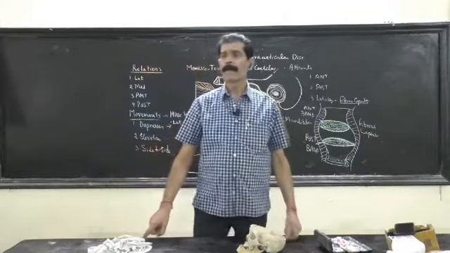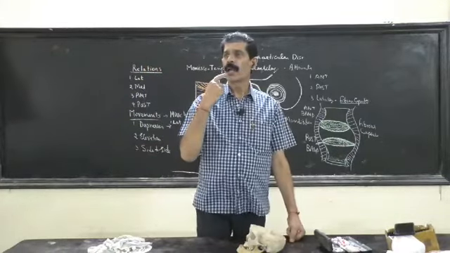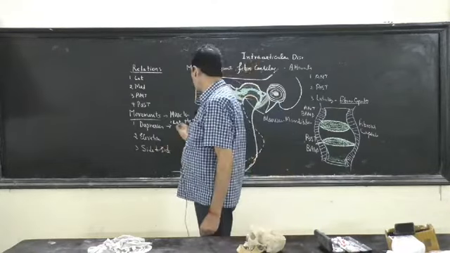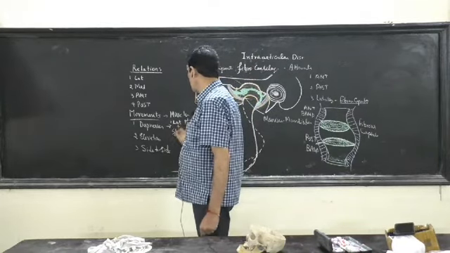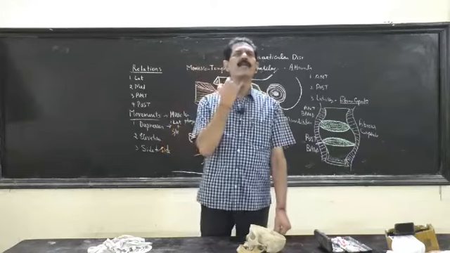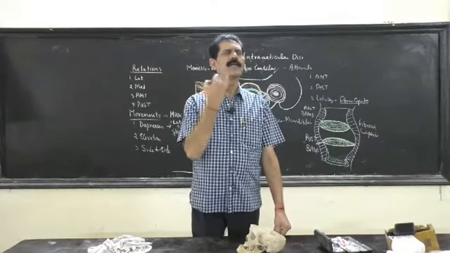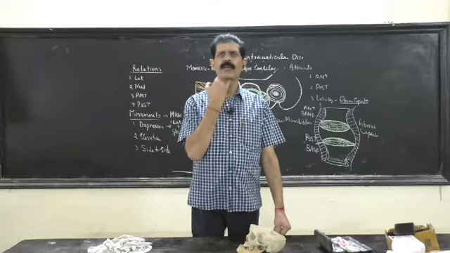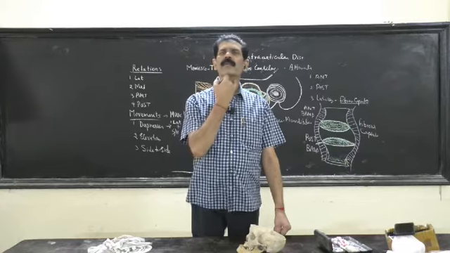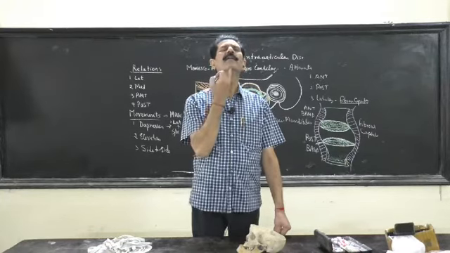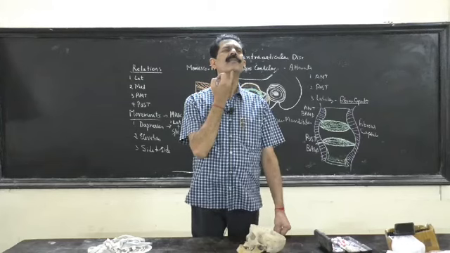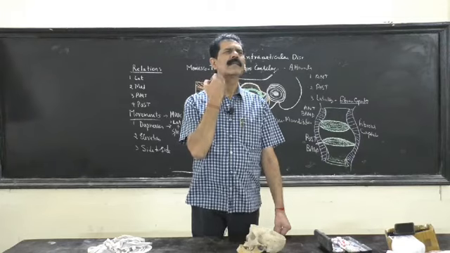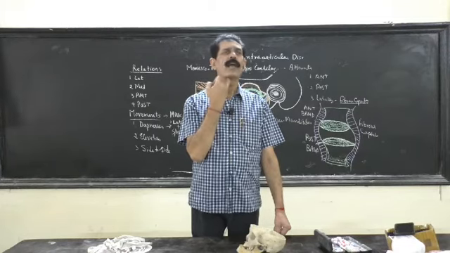Not the lateral pterygoid alone, but the suprahyoid muscles also help. Lateral pterygoid plus suprahyoid muscles. You have done the anterior triangle, there is a hyoid bone, and the muscles of the anterior triangle are divided into two parts, suprahyoid and infrahyoid. There were 4 muscles in the suprahyoid and 4 in the infrahyoid. What are the 4 muscles of the suprahyoid? Number 1, anterior belly of digastric. And below that, which muscle lies? The diaphragm of the oral cavity, mylohyoid.